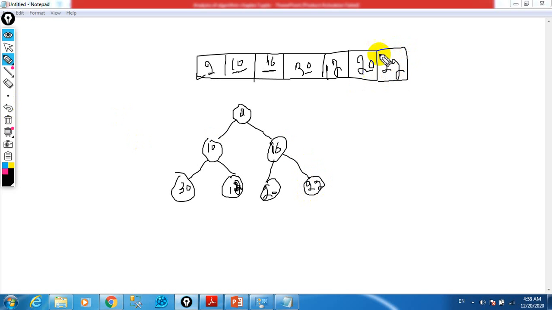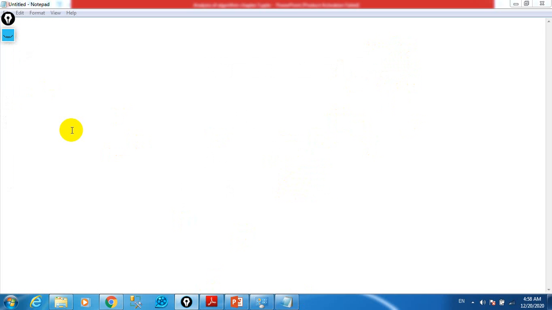So we have written all these right here. Okay, so this was writing the values from an array to the heap structure. Okay, so now for example